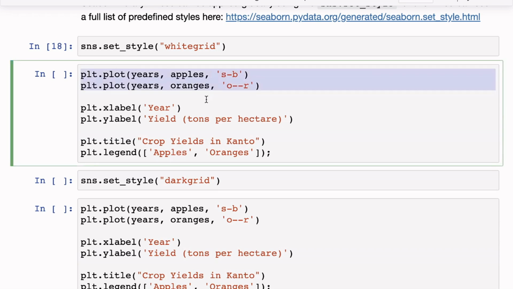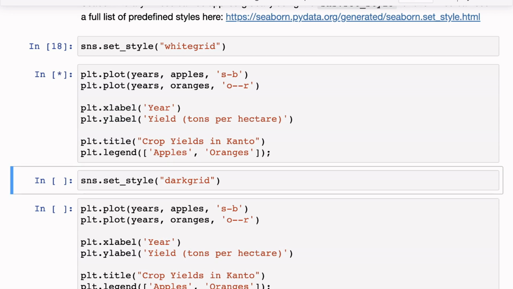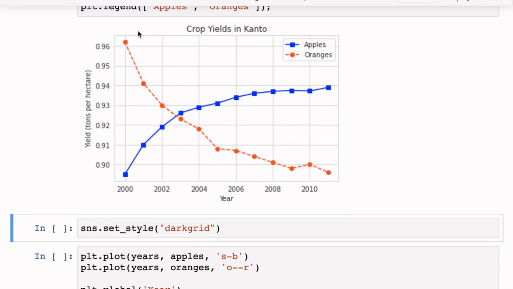So now we do plt.plot, we plot apples and oranges in the exact same way that we did before, and we set the X label, Y label and legend. So we're not doing too much styling here. And you can see that there are already some changes. So the font is slightly different, and there is now a grid. So the grid makes it slightly easier to see, okay, where the values lie. For instance, you can see that this point is 0.93 and then this is 0.94. So this point is probably around 0.934. You do not have to draw an imaginary line in your head from here to here.